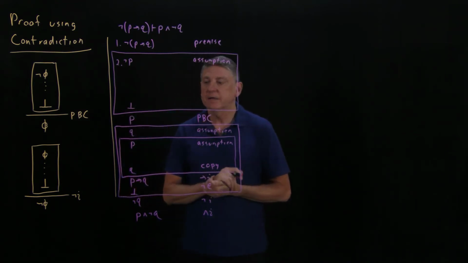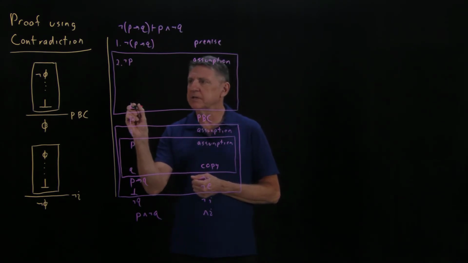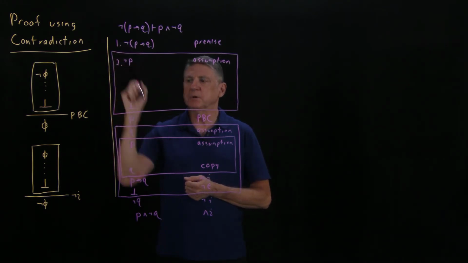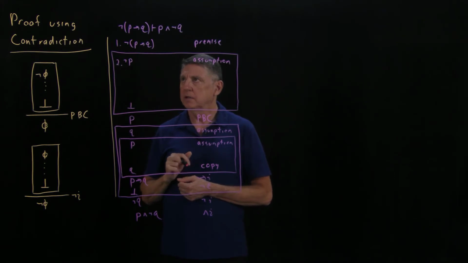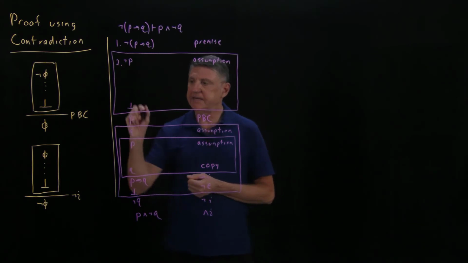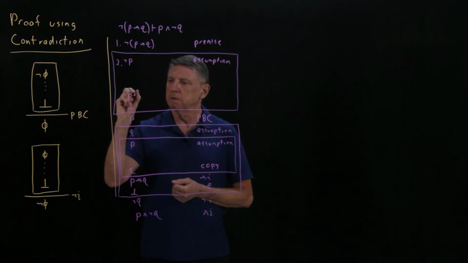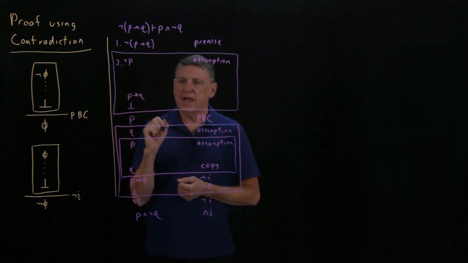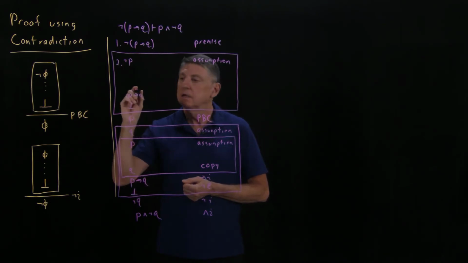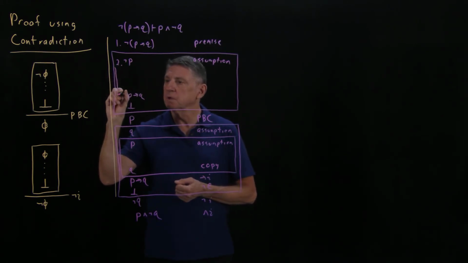And now I apply the same kind of reasoning that I applied here. In order to get a contradiction, I either have to assert P or I have to assert P implies Q. Well, I think I'll use the same kind of reasoning here, and that is I will assert P implies Q. And this has the structure of an implication, so an implication introduction is the only rule that I can see that I could possibly use. So I will